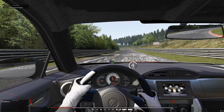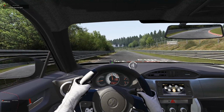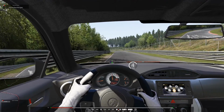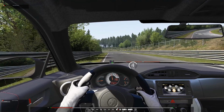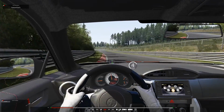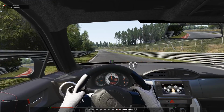You go through here right at speed in the right car, you're going to end up all the way out here, in many cases right on top of the cobblestones. With this car, you can easily do that without having to get that far, but the main objective is use that track. As you see, I'm still going far left. That's going to set you up properly for the next set of turns, because you want to be left-hand side along the curb. As you get towards Hatzenbach, now we're pointing straight down to this part of the track, because